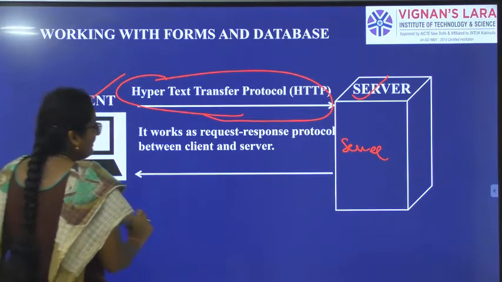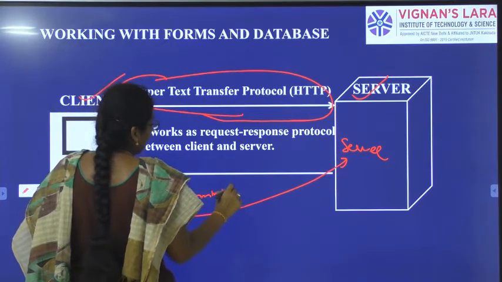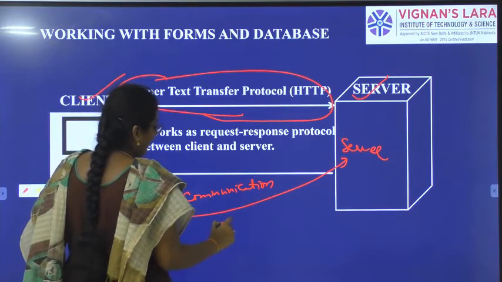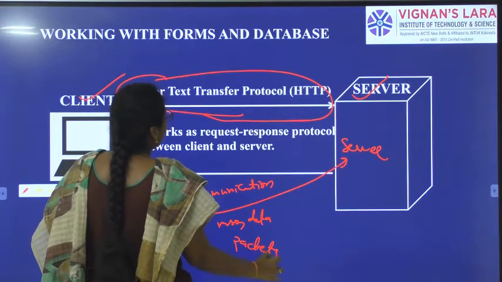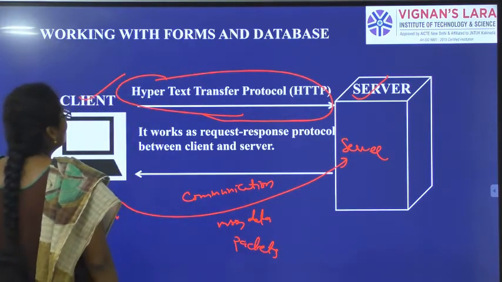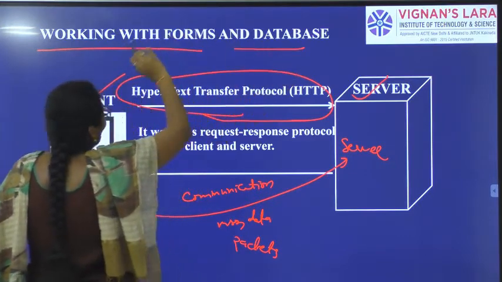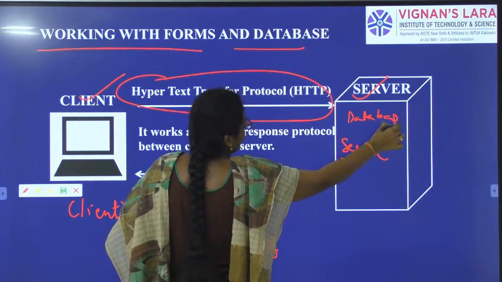These both want to be in communication, in the form of messages or in the form of data, nothing but transferring the data packets. Now I am telling you about working with the forms and databases. So obviously this server can be a database also.